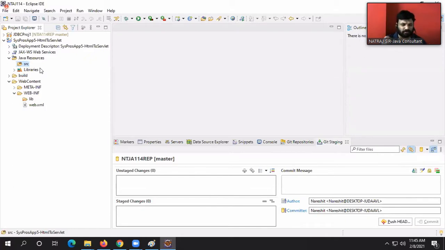At least now you understood why I have not introduced Eclipse so far. If I introduce Eclipse, you never know what is deployment directory structure, guys. Because every day you'll work with this folder, we will think that these are directory structures. No, no. That's the reason I have taken time.